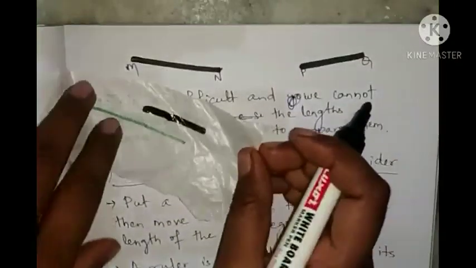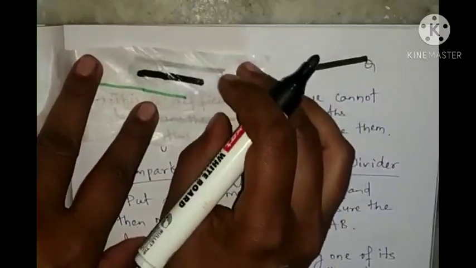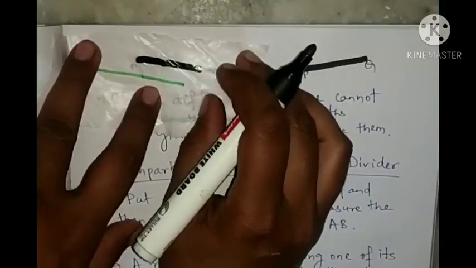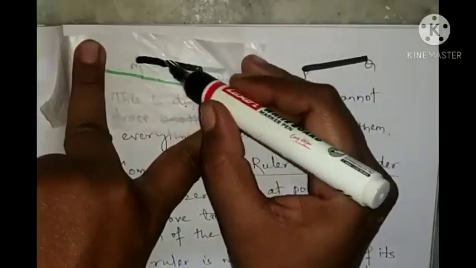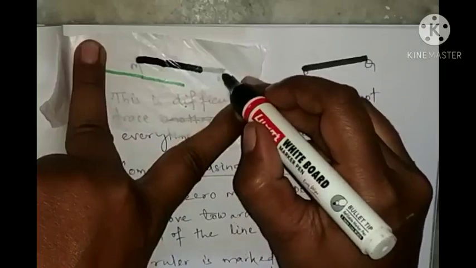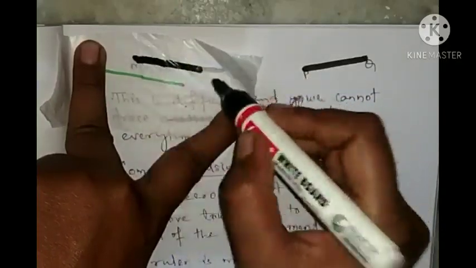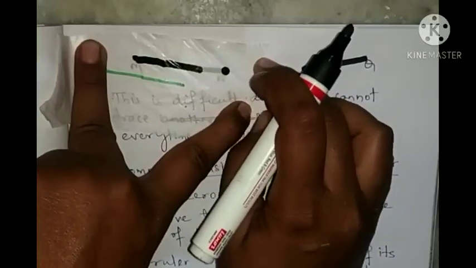Okay, so look at here. I will put one end of the tracing paper's line to one end, and I'll drop it. Look at here. You can easily see that this line is smaller than this line, because one end is here and the other end is here. You can easily see the end.